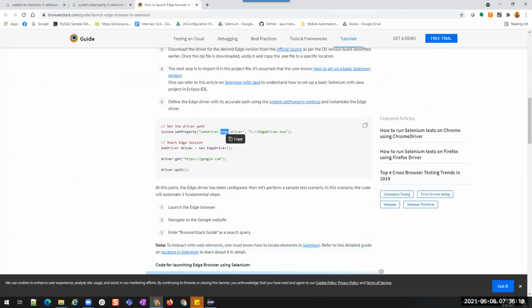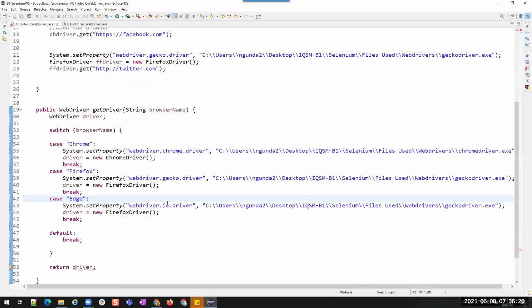So nothing changed. Only instead of this we use Edge.driver. I'm always checking this because Firefox, we are not using Firefox. For Chrome, we are using Chrome. For Edge, we are using Edge. So I thought there might be differences between these things. So that is why I'm always checking what value I should give here, because we don't know. This is a mandatory value.